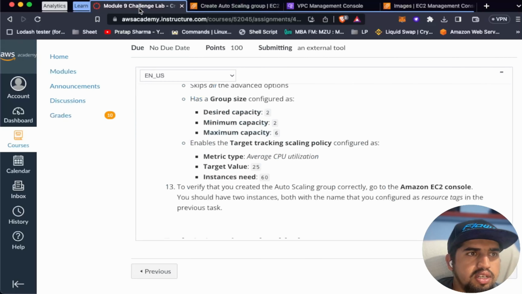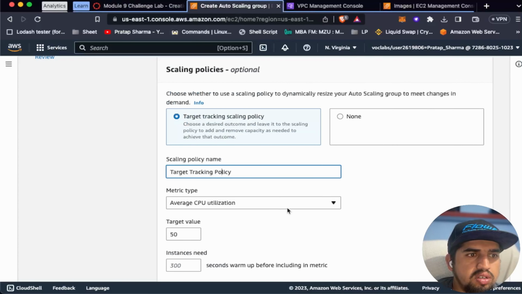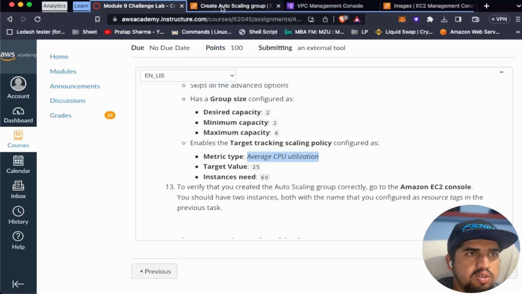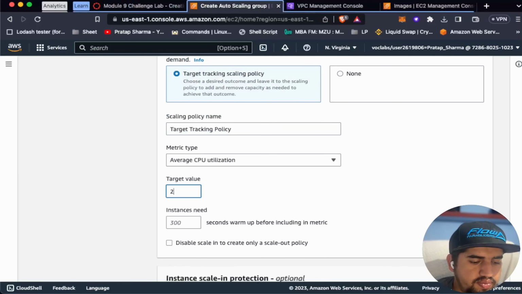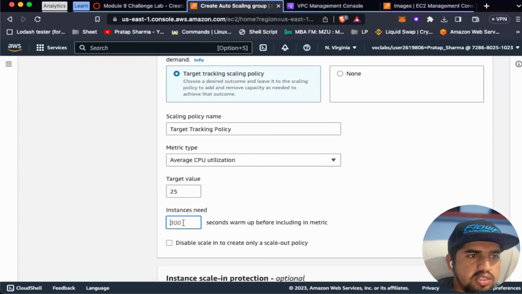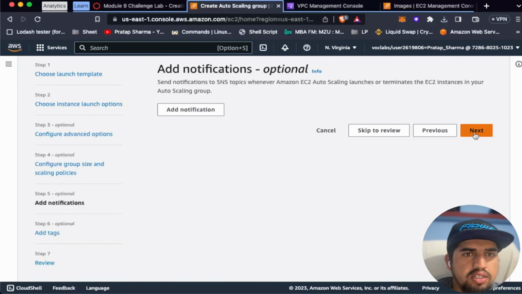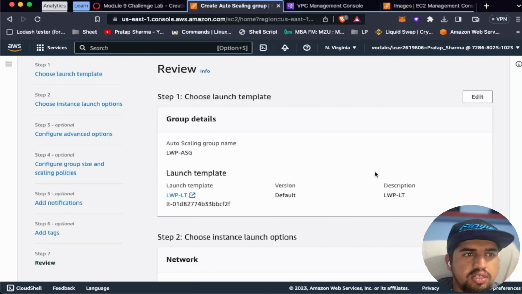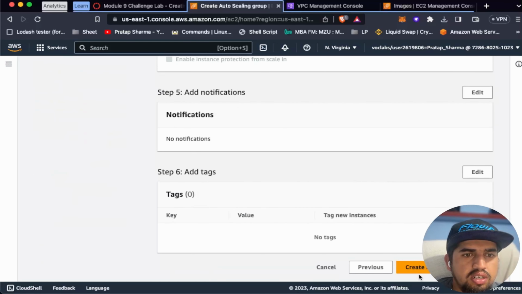Let that be the name. The metric type should be average CPU utilization. That sounds good. Target value 25, and instance warmup will be 60. So let's go to next, and next, and next, and let's create an auto